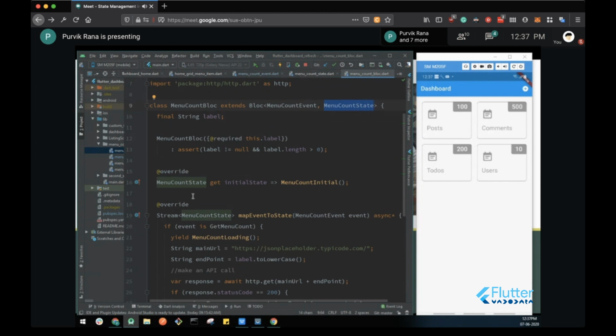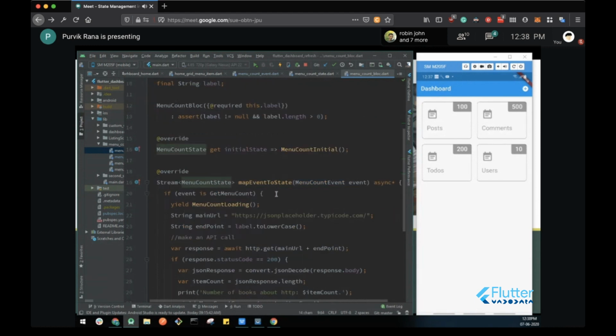You have to stream the same instance, or the same subclasses of this particular class, from the map event to state. So define the event over here, define the state over here, and it will override these two methods, which will emit the stream of menu count state from this map event to state method.